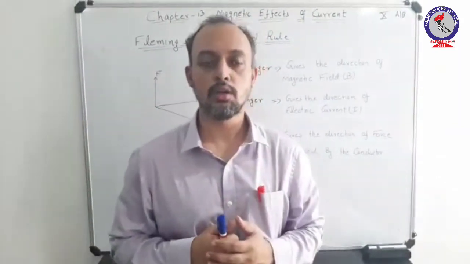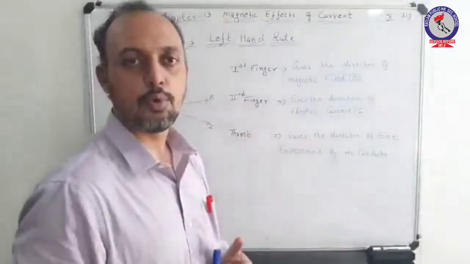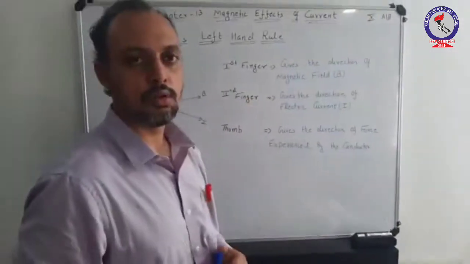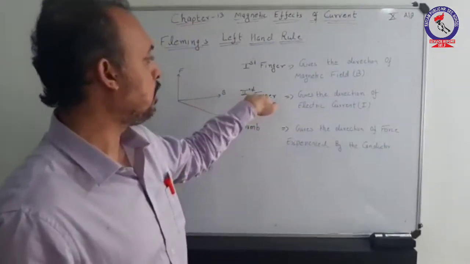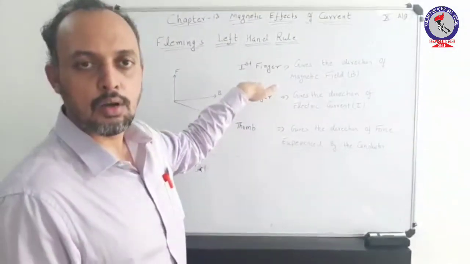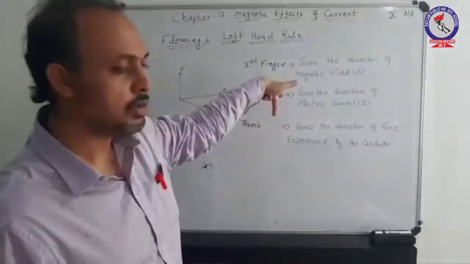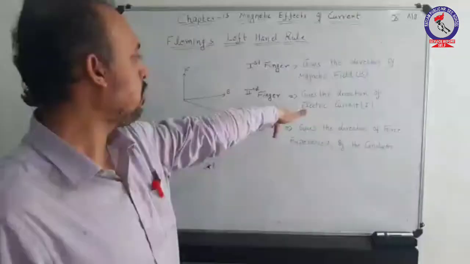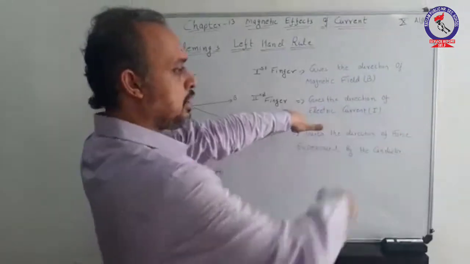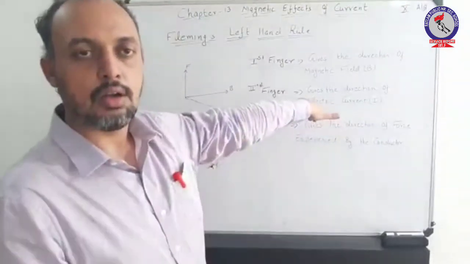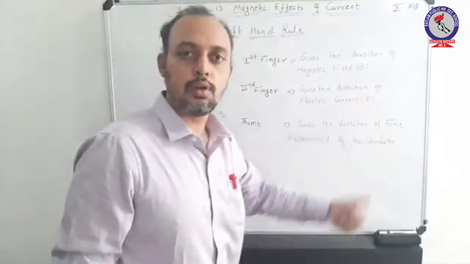Let us go through another condition. This time let us suppose that the magnetic field is going inside this board and the current is going downwards. Since the magnetic field is going inside the board, I'll point my first finger towards the board. Now the current is going downwards. Pointing the first finger towards the board, I'll point my second finger in the downward direction. As you can observe, keeping these two primary conditions, my thumb is pointing in this direction, which implies that this conductor or any conductor placed here in such a condition will experience a force in the left direction.